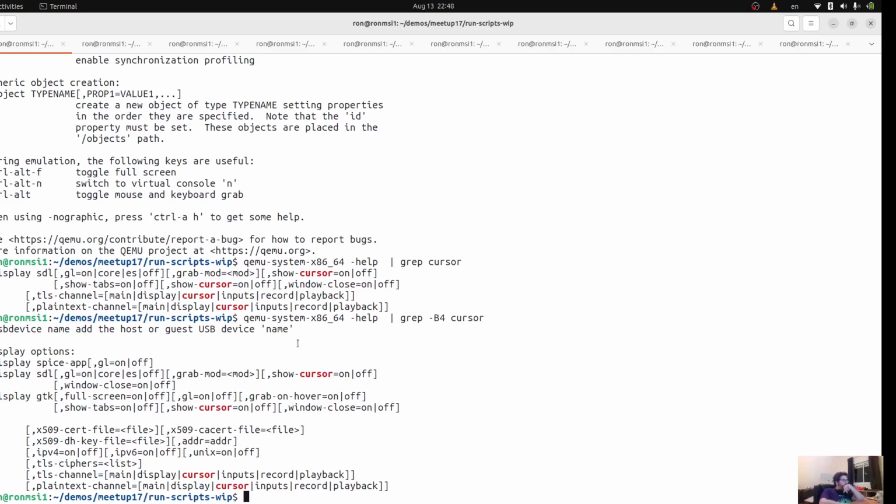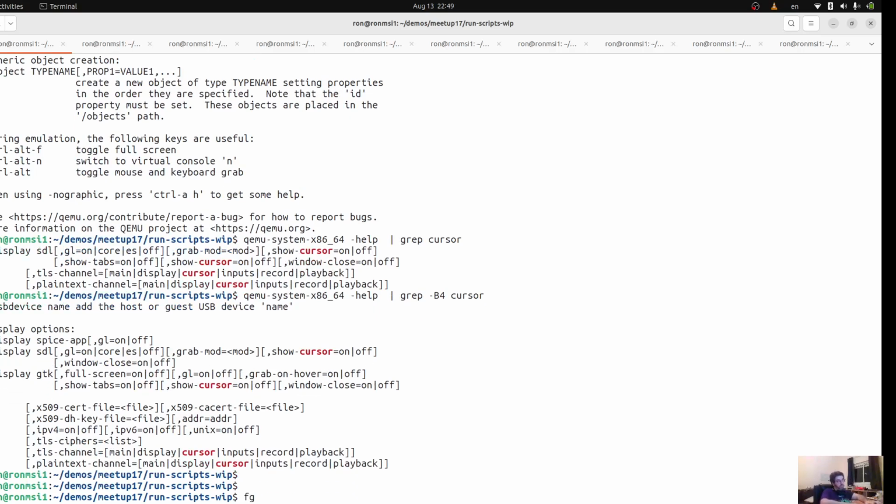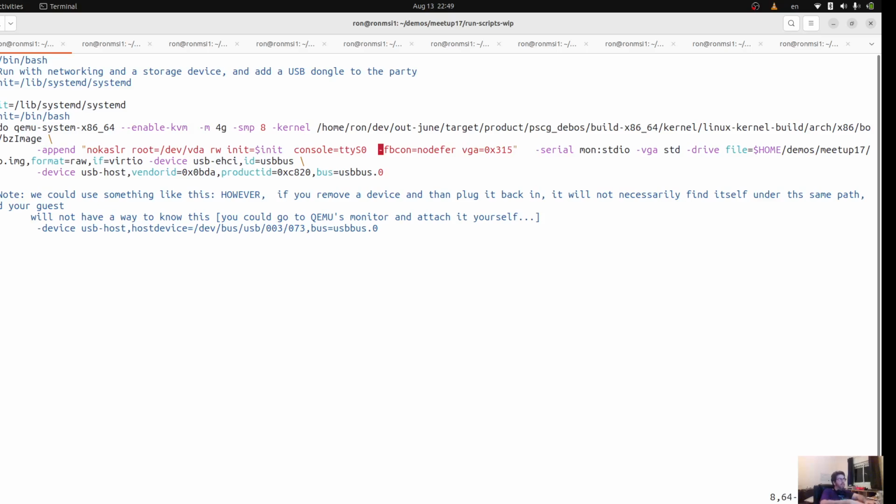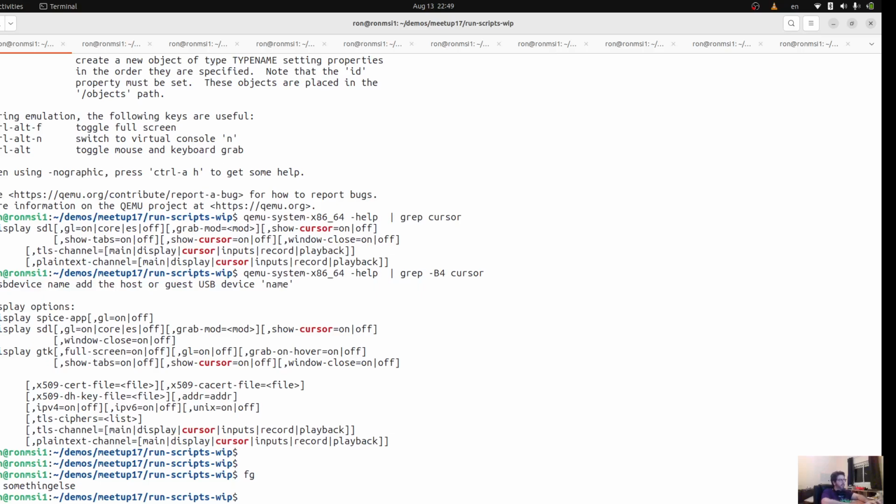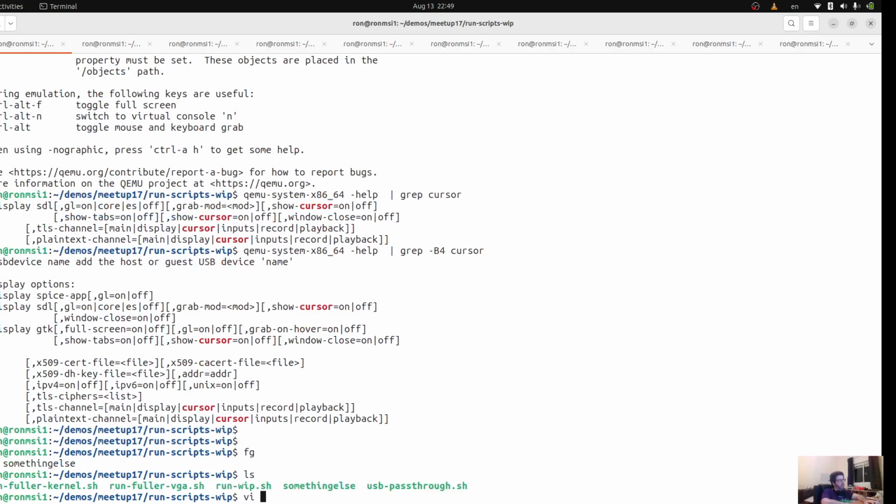So with Spice, this would work fine anyway, you should not worry. And with SDL or TTK or whatever, we can do that. So that's what I'm going to try. Okay, let's do it here. I don't even know if it will work. This is something else that I'll ditch, because